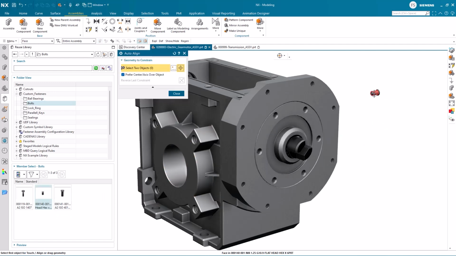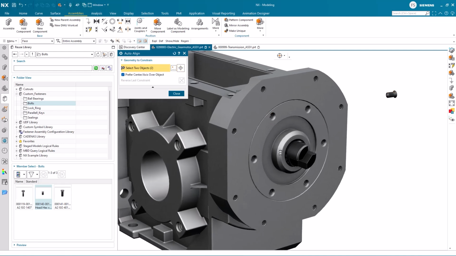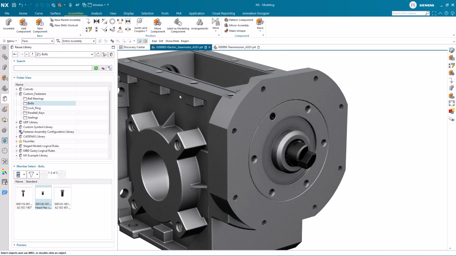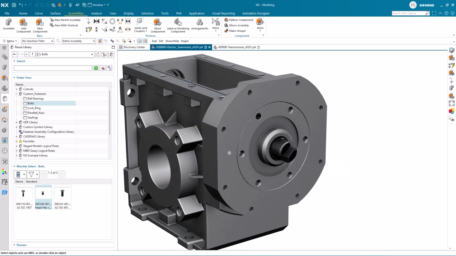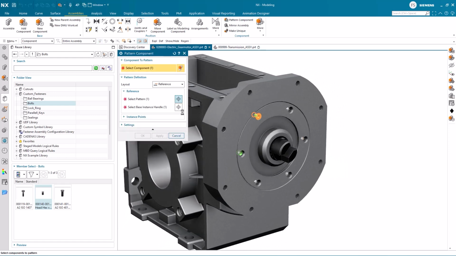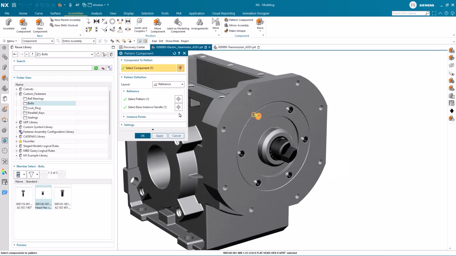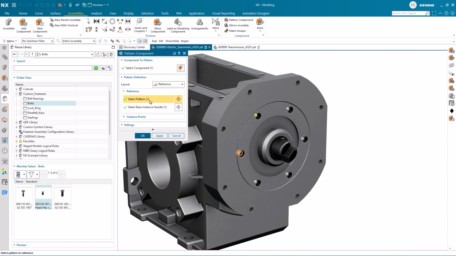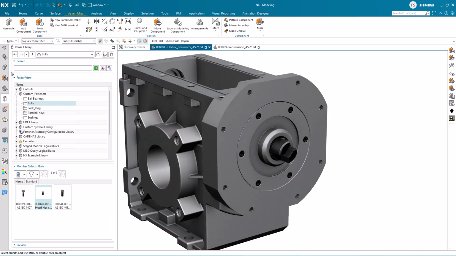We align the center axes of the bolt and one of the holes, and finish off with aligning the flat face of the head of the bolt to the flat face it is seated to. As this bolt resides in all of the fixing holes for the transmission assembly, we utilize the pattern component. As the first bolt is mounted to a hole on a part that contains a hole pattern, the system recognizes this and automatically patterns the bolt.